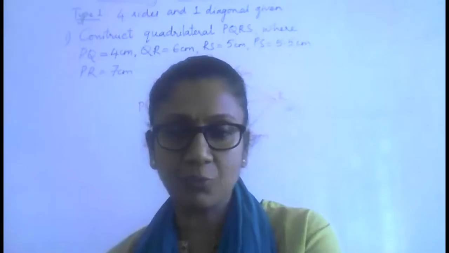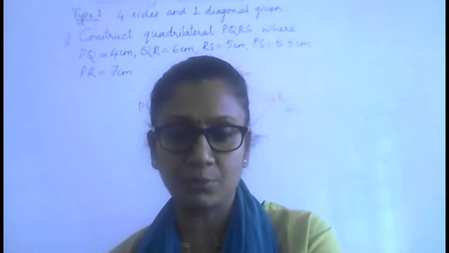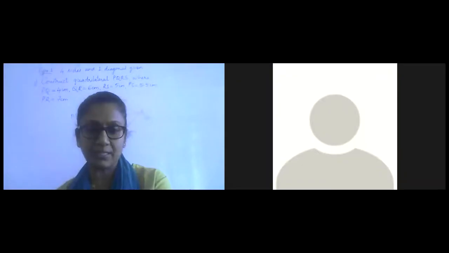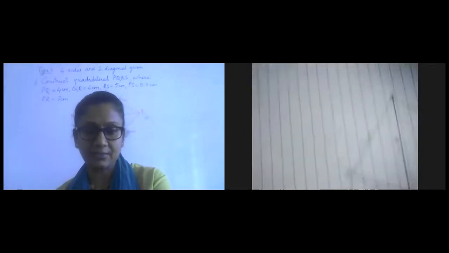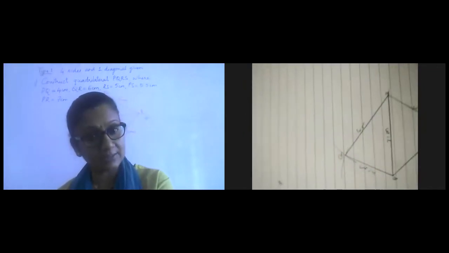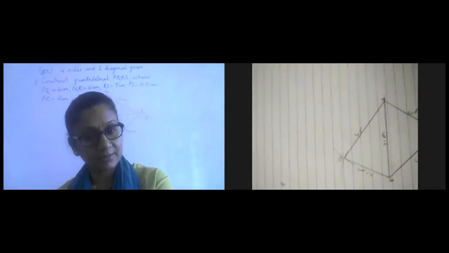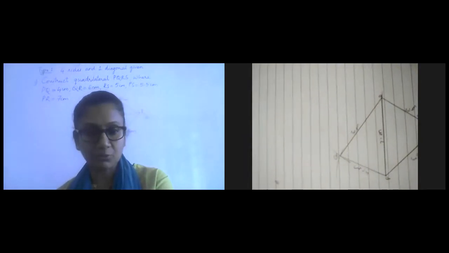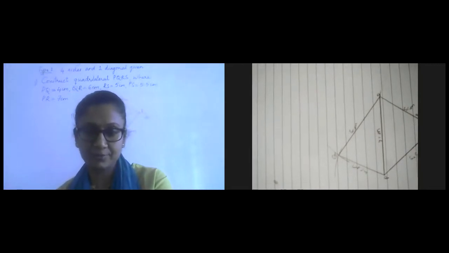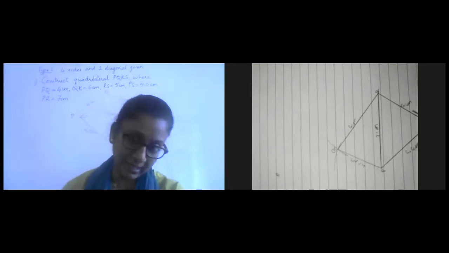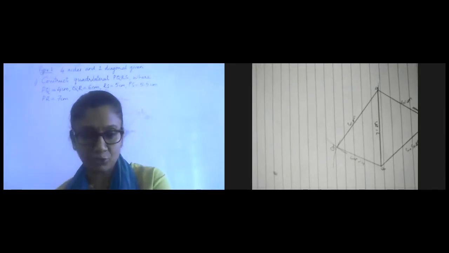Okay, good. Yes, others, only some 7 of you have shown me. I have only 10 participants in my class. I don't know where the others are. Is this the attendance in other classes also? I'm worried. Only 10 children attend, ma'am. In other classes, 18 members will be there. Who are these 8 who don't want to attend the maths class? Okay, Vivin, I could see yours. Good. But I can't see your rough diagram, my dear. Is it there? Without the rough diagram, please do not do the construction.